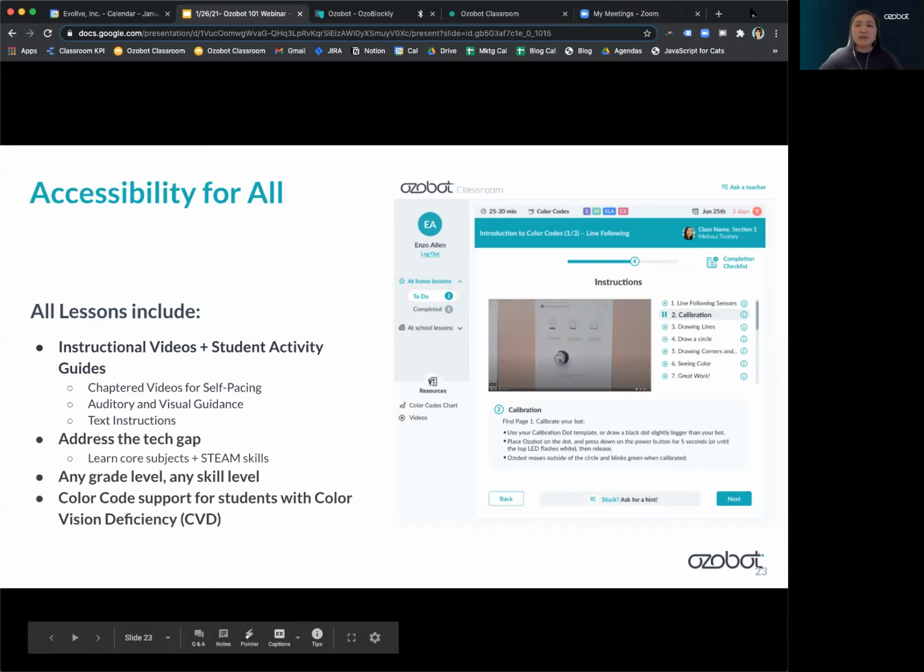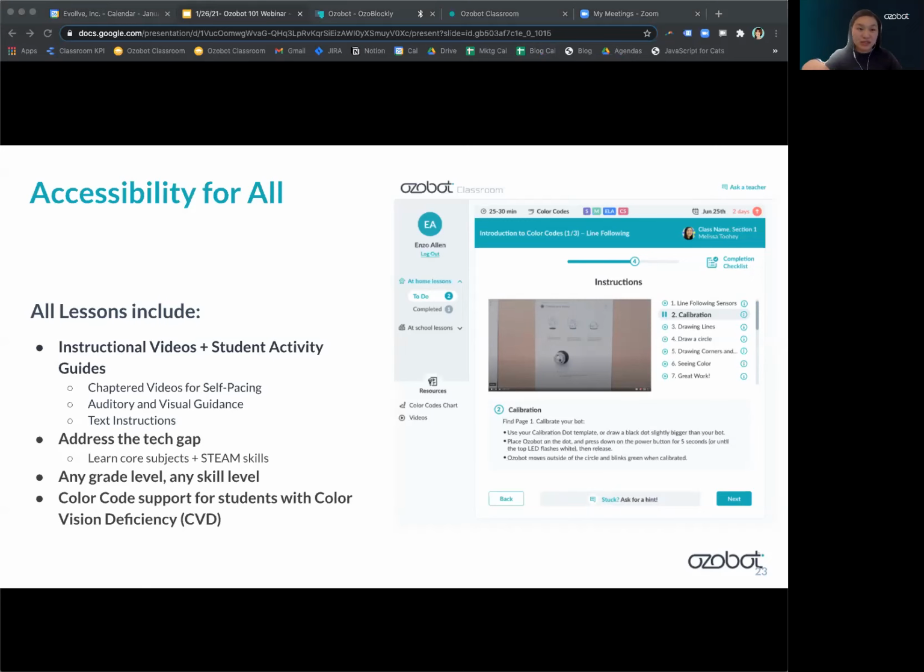These lessons can be modified or scaffolded to different grade levels as well. If you have students that need to catch up and they're behind grade level wise, you can pull from other grade levels and supplement their learning. If students are ahead and you want to extend their learning, you can always pull from an older grade level as well. We just use the Common Core standards to guide how we place them in grade levels.